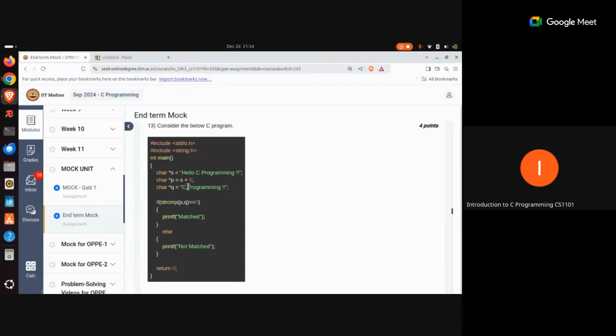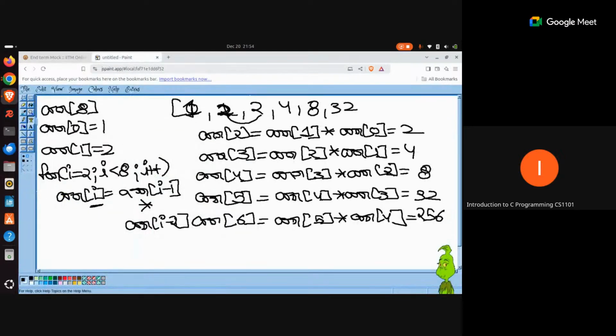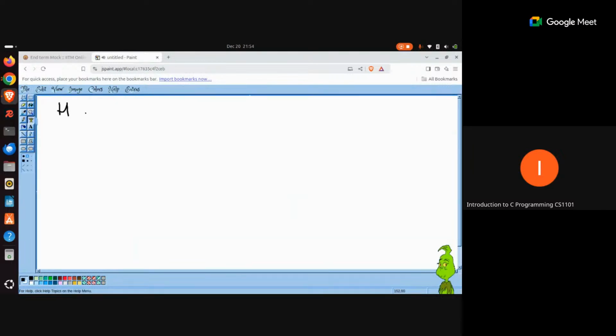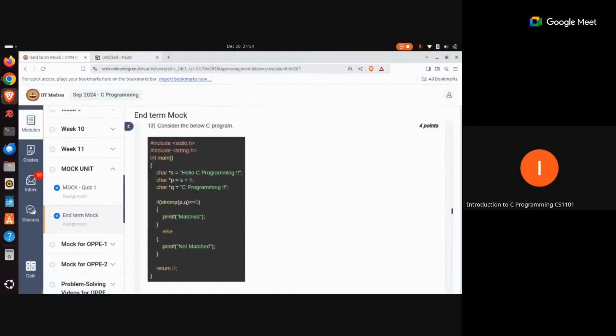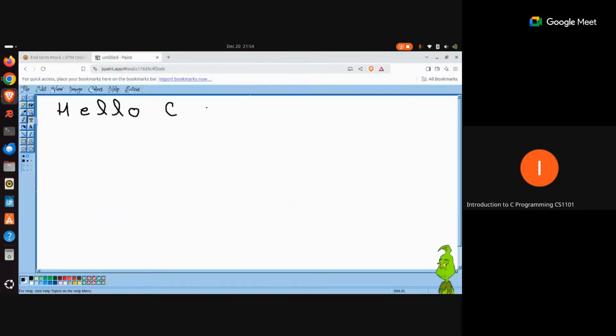How will you be able to know which index or which character this pointer P is going to start referring to this array from? You have to remember the concept of pointer arithmetic. If it is saying "Hello C programming",